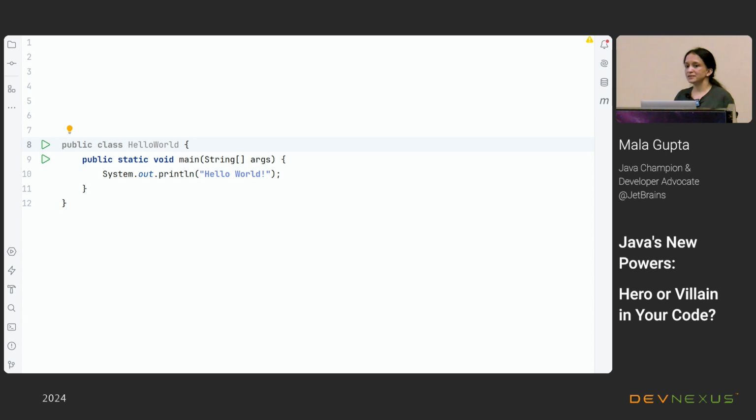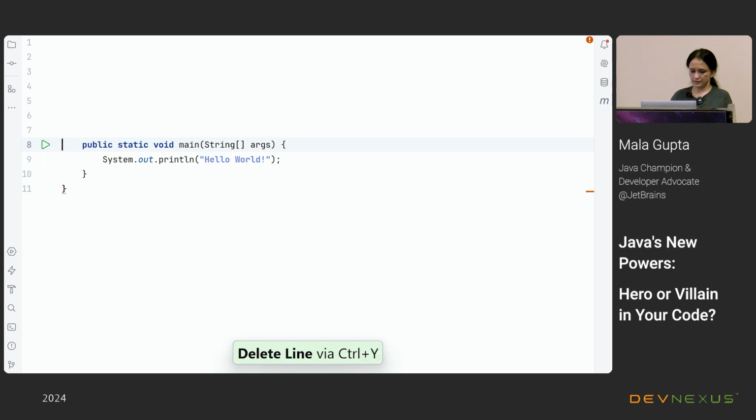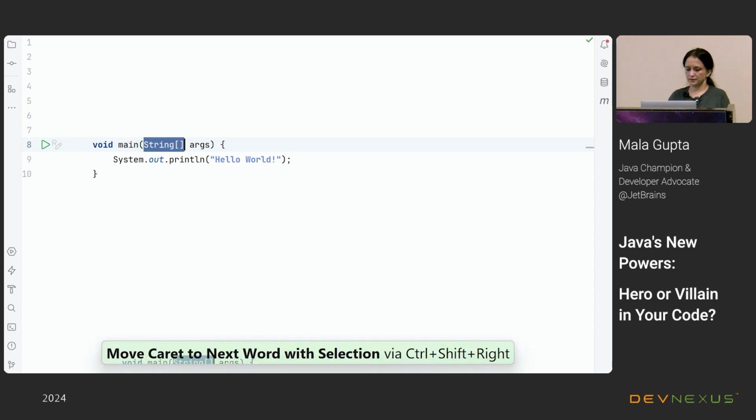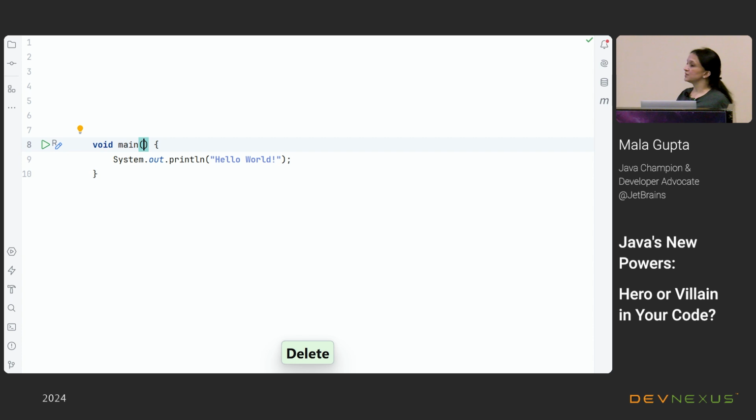But now with implicit classes and instance main methods, what's happening is I could delete this, and of course the closing braces. This now becomes an implicit class. Whenever we do not define a package, that becomes an implicit package. In the same way, this class becomes an implicit class now. And I could also delete some of the words which might not be required when we are writing our first method. Now this is an instance main method.